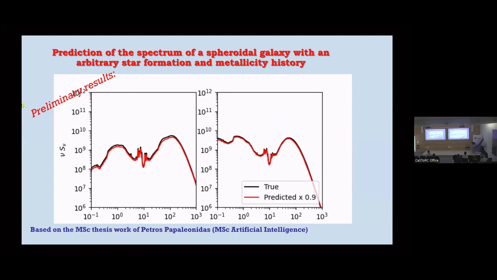We generated lots of spheroidal models, each one of which takes 10 seconds to run, 50,000 models with a total of 20 parameters or so. Then you train this system for about a day, and it can predict the spectrum of a spheroidal galaxy for any parameters you give it. Here, the true and the predicted are basically identical. I just shifted the predicted by a small fraction to make it visible. It seems to work very well and seems very promising to apply to other geometries like this,